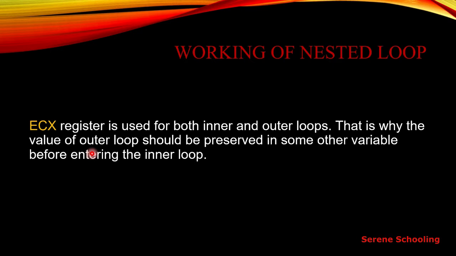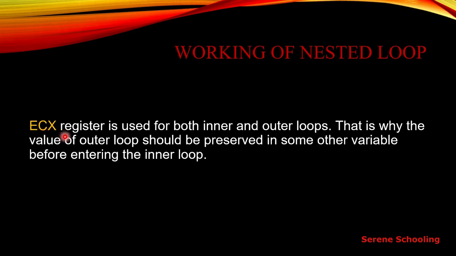The very basic thing is that the ECX register is going to be used for both the outer loop as well as the inner loop. We know already from the last lecture that the value for the loop gets stored only in the ECX register, which means that ECX is also known as the looping index or looping register. We cannot store the looping value into some other register. Just ECX is used for this purpose. So it doesn't matter whether it is an inner loop, outer loop, nested loop, or simple loop, we have to use only the ECX register.